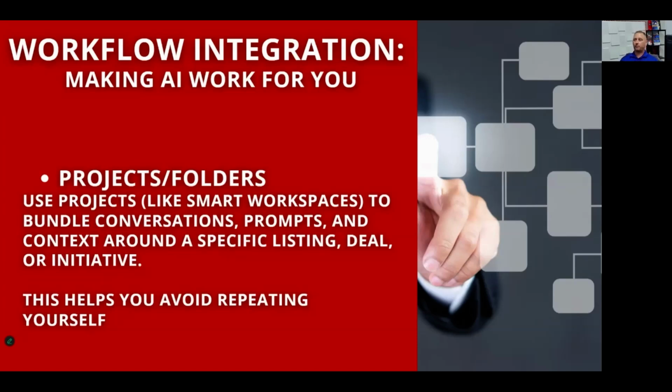So if I'm using these for my properties, I would put 123 Main Street as a folder. Any documents I have for the listing, I can put in there. That way I could ask AI specific questions on this. I might even upload some photos too, so I can ask questions about them, like maybe you need to know if there are appliances in there and you can't remember. Well, you can just ask it real quick and not have to look up the photos. That goes into one folder. It keeps everything there, and you can keep on asking questions based upon that. Again, we're going to show you exactly how to do that at the 202 level.